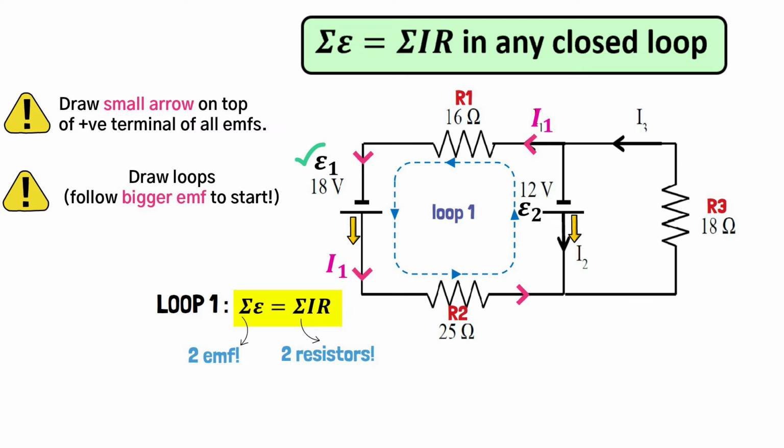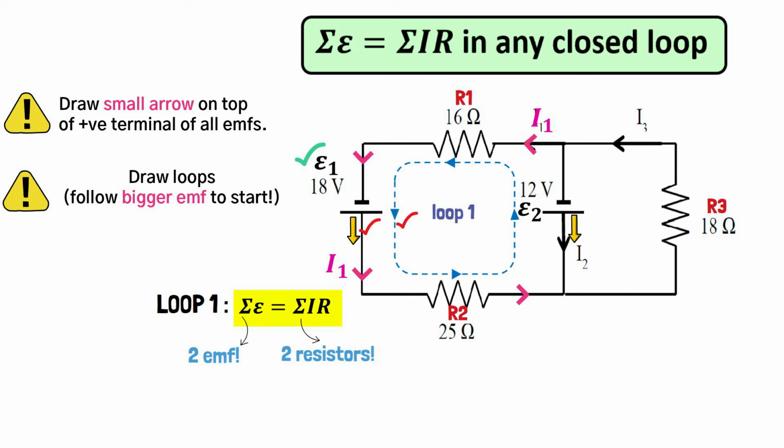Jadi untuk kita mula tulis total EMF, let's look at the first EMF, 18 volt. And the direction of the small arrow yang kita lukis tadi, yang outward from the positive terminal, adakah dia same direction dengan loop kita? Yes, dia adalah same direction dengan loop yang kita lukis tadi. Kalau you tanya saya, boleh tak kalau loop saya bertentangan arah dengan contoh yang diberikan ini? Boleh, tak ada masalah. Sekiranya the direction of your loop is opposite direction with the small arrow yang kita lukis tadi,